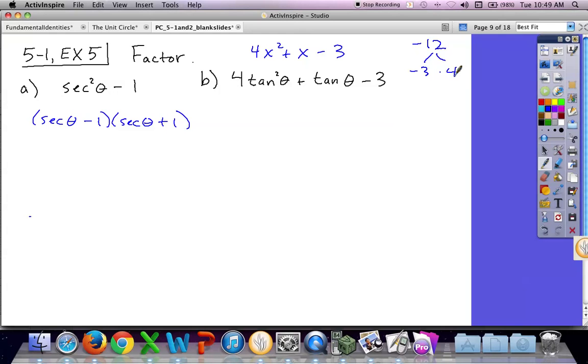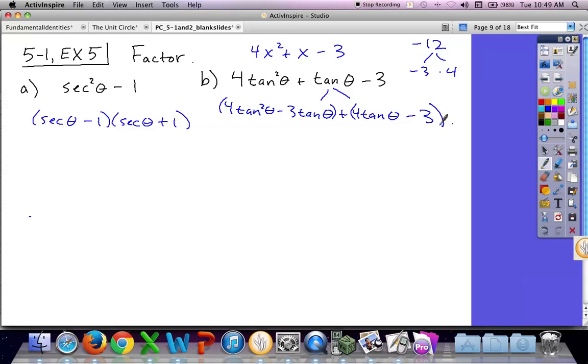So we're going to do the same thing. We use those to split up the middle term: 4 tan squared theta minus 3 tan theta plus 4 tan theta minus 3. We split up this middle term, and then we group the first two terms, and we group the last two terms, and we factor each set